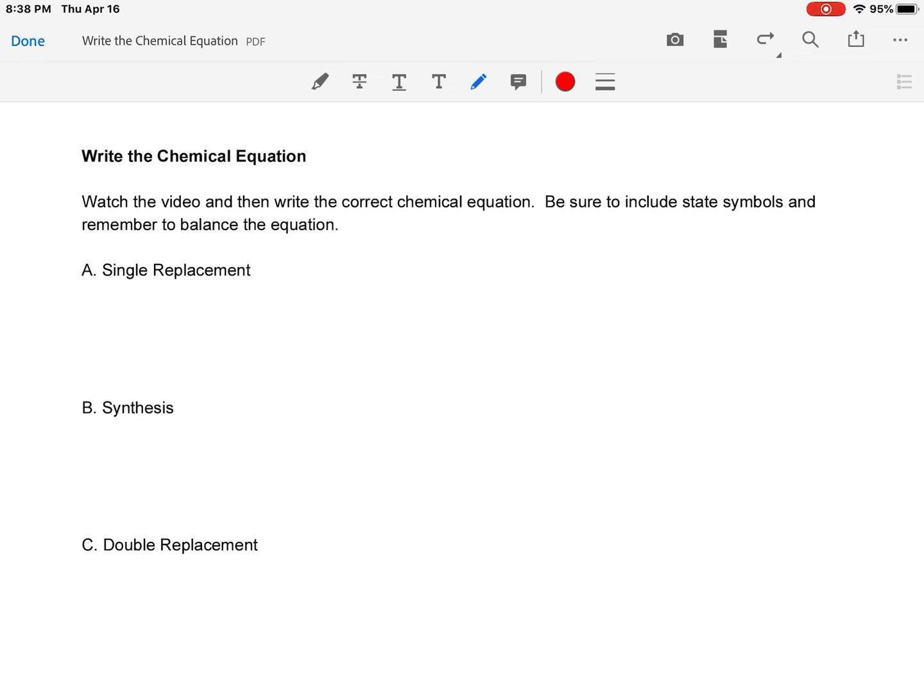I just want to take some time to go through these equations here. If you're struggling with this, please don't get too discouraged. This can be kind of difficult, especially when we're not in the classroom together and not in the lab together. Ordinarily, you guys would actually be doing these reactions, and I'd be walking around helping you. So it's a little bit tougher to do it this way, so that's why I wanted to make